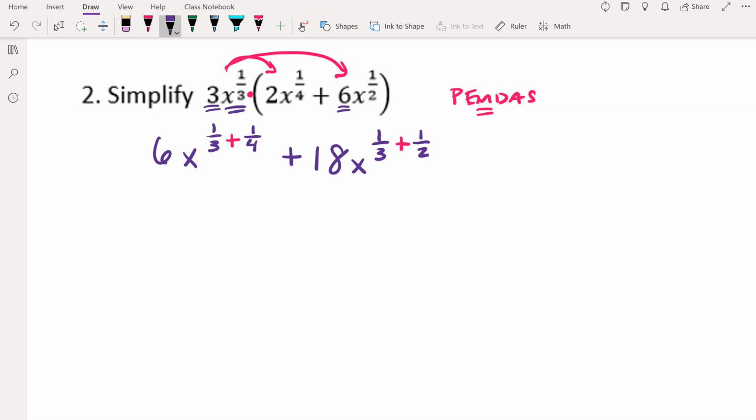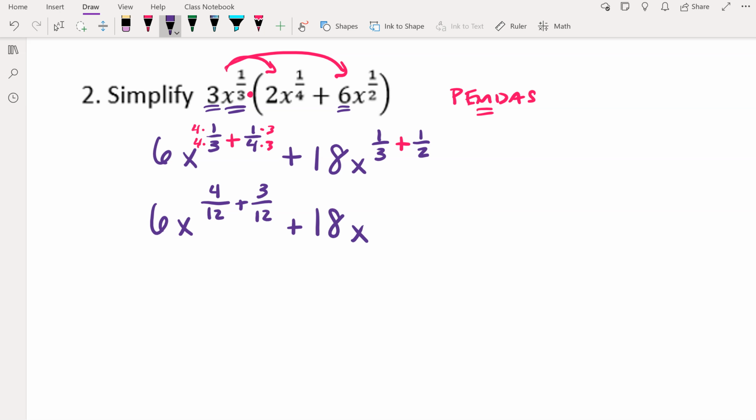All right, we're almost done with fully simplifying this. All we have to do now is actually add these fractions. Now remember, we need a common denominator when we add fractions. So I'm going to convert this to a common denominator. We have 6x to the 3 and 4 have a common denominator of 12. I need to multiply this by 4, so times 4 times 4 to get to 12. This guy I need to multiply by 3 times 3 times 3 to get a common denominator of 12. So we have 12 on the bottom, 4 right here, plus 3 times 1 is 3 over 12, plus